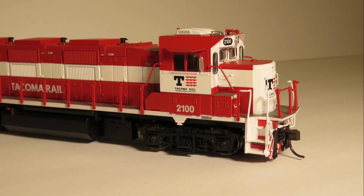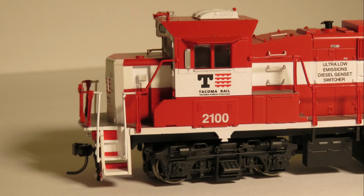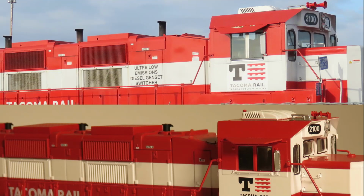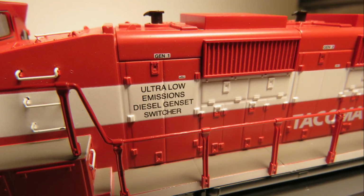The model also has some discrepancies in lettering, such as missing class lettering, as well as the word Tacoma and the Tacoma Rail logo being black, not gray. Atlas also did not use the correct font, a Gill Sans based font, for the Tacoma Rail lettering and logo. Likely the most disappointing printing issue with the model is the absence of the ultra-low emissions diesel Genset switcher lettering behind the engineer's side of the cab. Its absence is only made worse by the fact that Atlas did include the lettering on the other side of